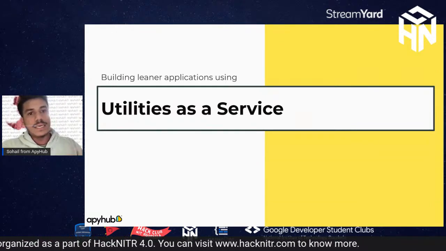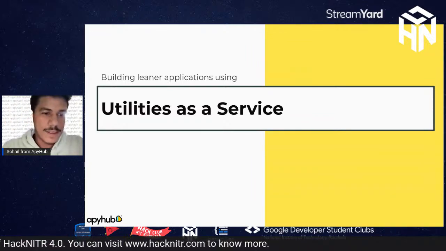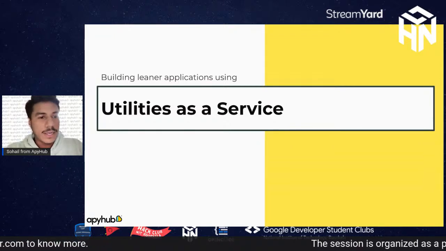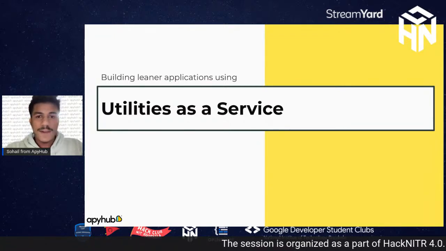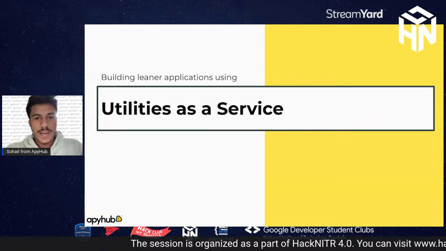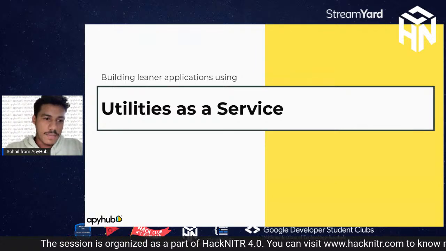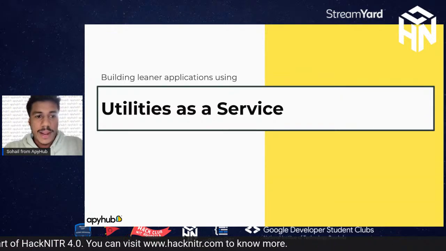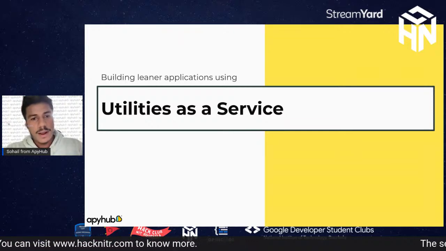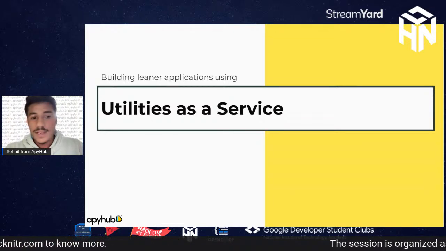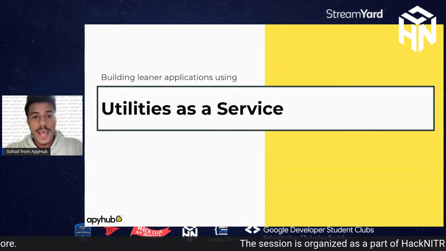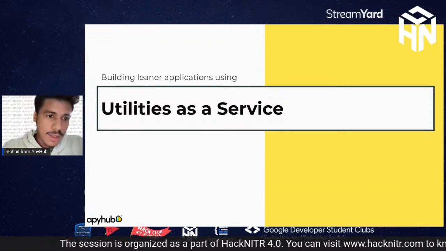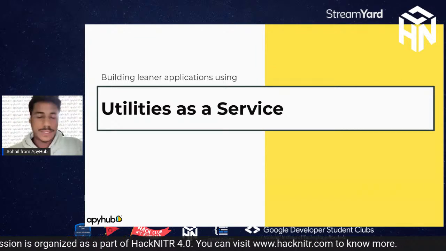Today we're going to learn about utility as a service. This sounds weird, right? We have heard about application as a service, platform as a service, software as a service. What is this new paradigm in the cloud computing world that is on the verge? And how it's going to help people build applications faster and more reliably, as well as empowering developers to be efficient all the time. So with that, let's go ahead.